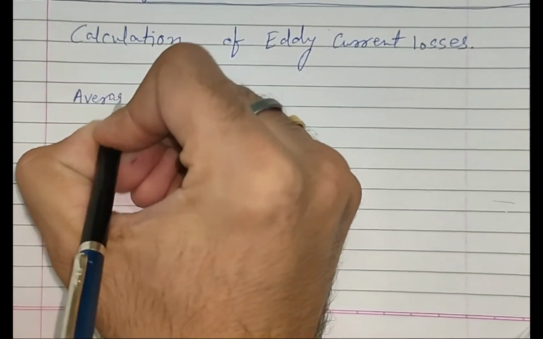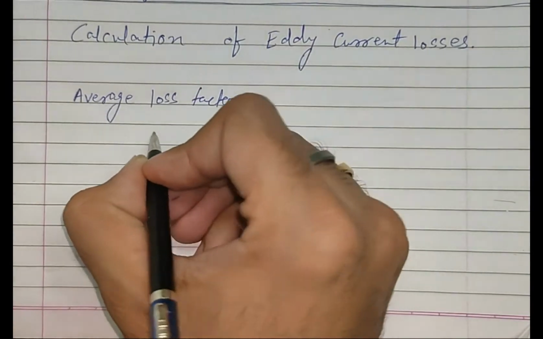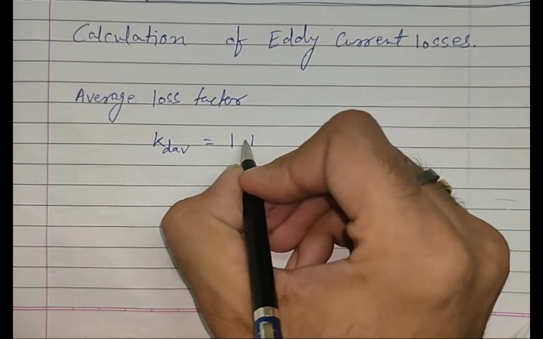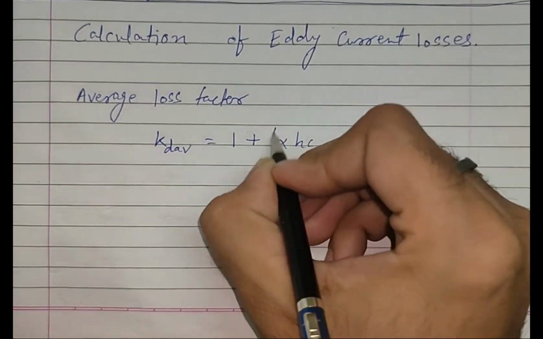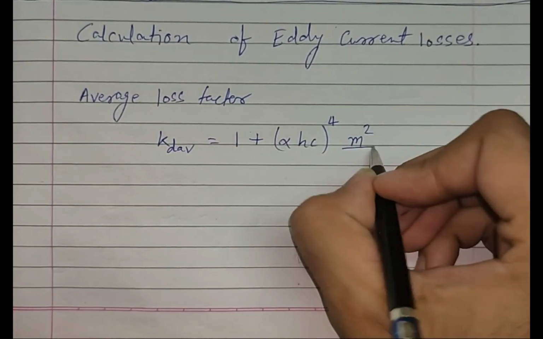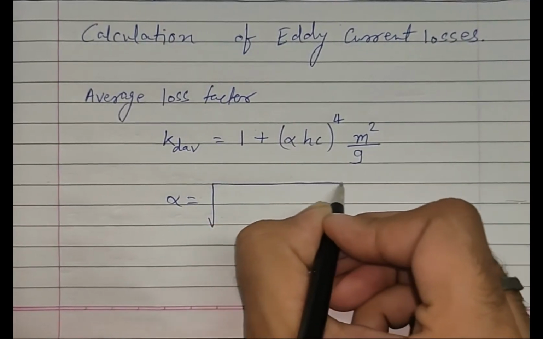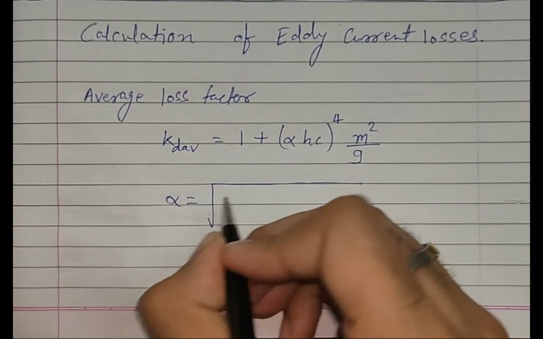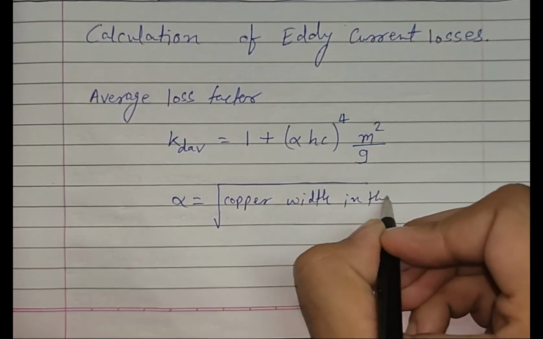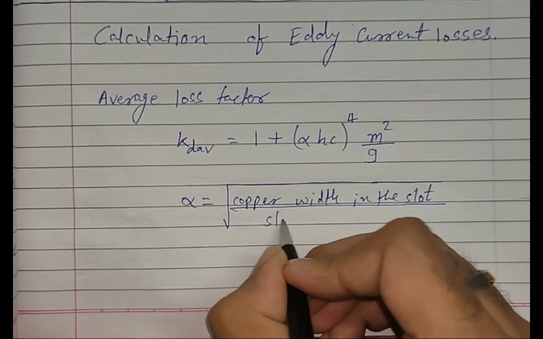the average loss factor, which is nothing but K with a subscript of AV, is given by 1 plus alpha into HC whole raised to 4 multiplied by m square divided by 9, where alpha is nothing but the square root of the ratio of copper width in the slot divided by the slot width,